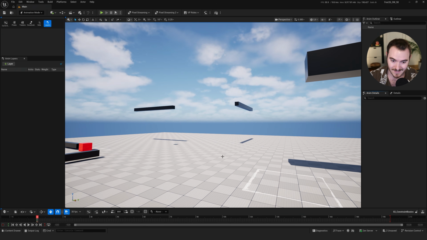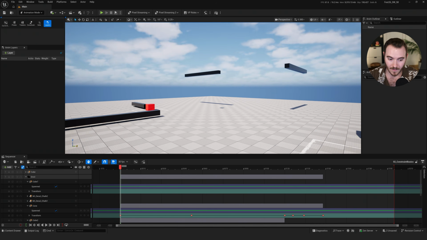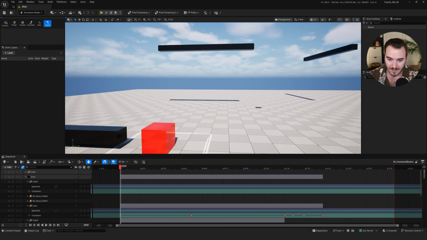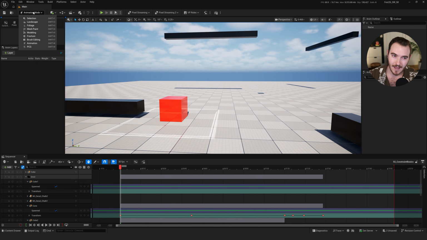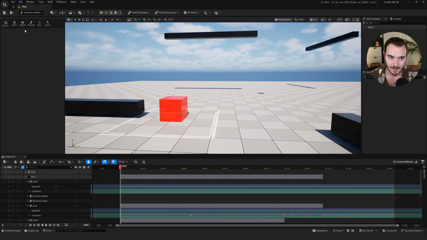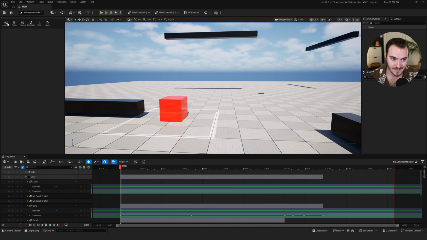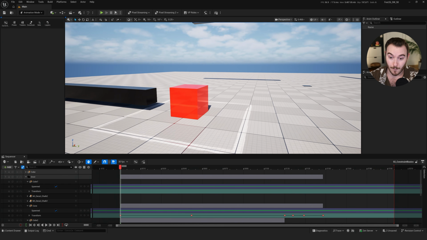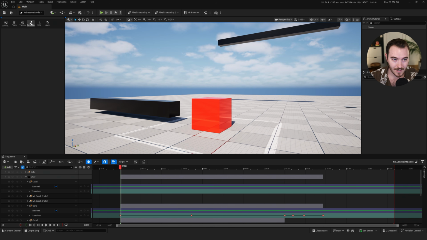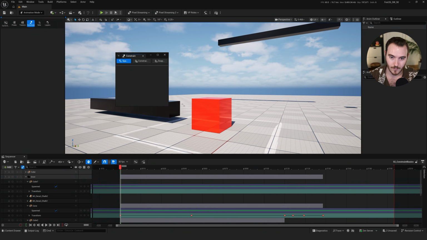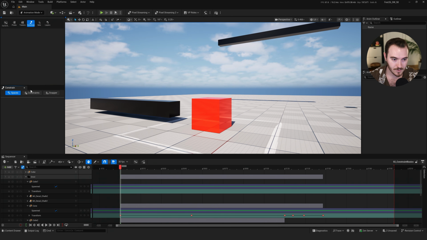File 2, Constraint Basics. So to do constraints, we need to be in animation mode. If you're following the video normally, you'll probably already be in animation mode. But if you are jumping ahead in this YouTube video, you might have to take a step back and set yourself from selection mode to animation mode because you need this left panel to be here. So what you can do is open the Constrain tab, and we've got our constraints, which are dockable. They're probably floating around the window for you, but if you just go ahead and dock them, just like that,